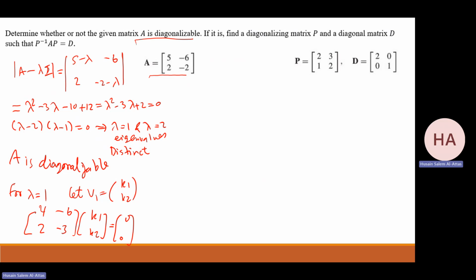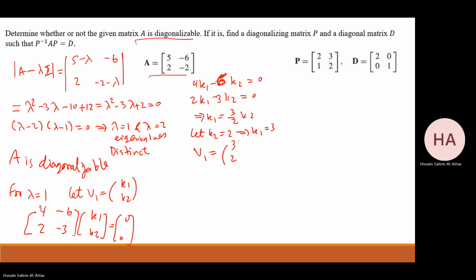So I have 4K1 minus 6K2 equals 0, and 2K1 minus 3K2 equals 0. For sure, these two equations are the same. Multiply by 2 the second one, you get the first one. So I have K1 will be 3 over 2 K2. So I let K2 to be 2. I'm getting K1 equals 3. So it is my V1,